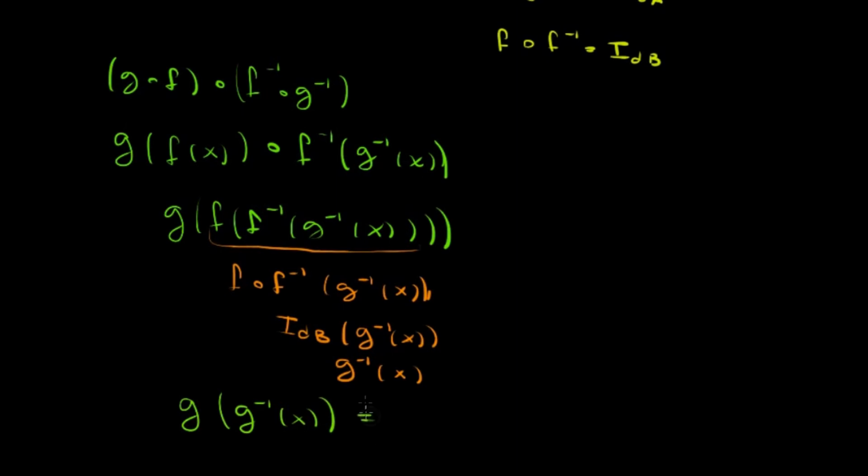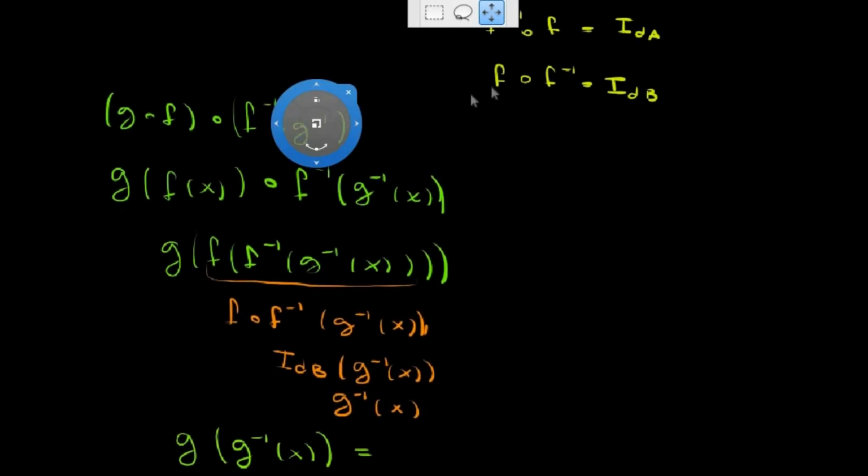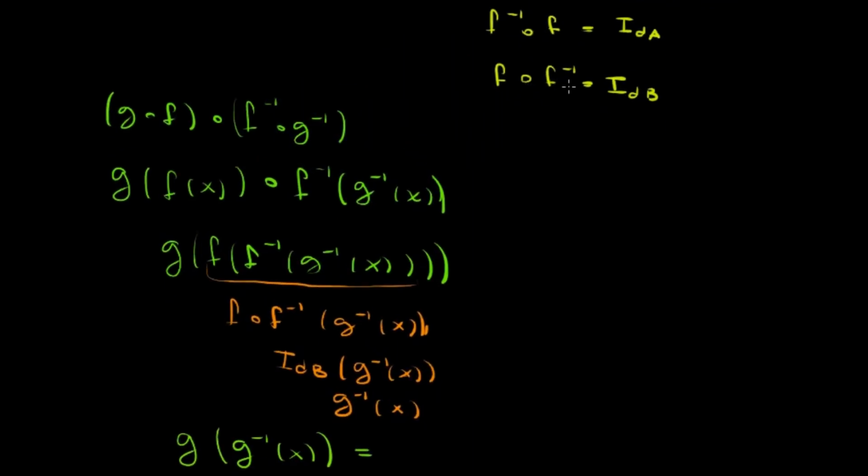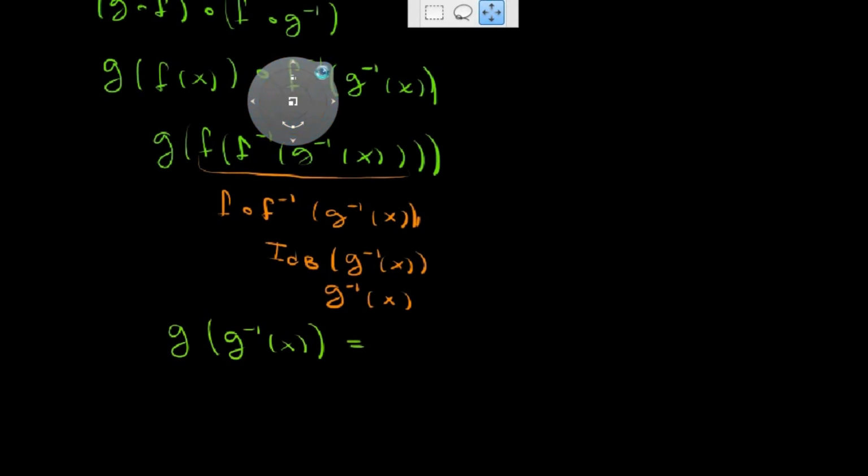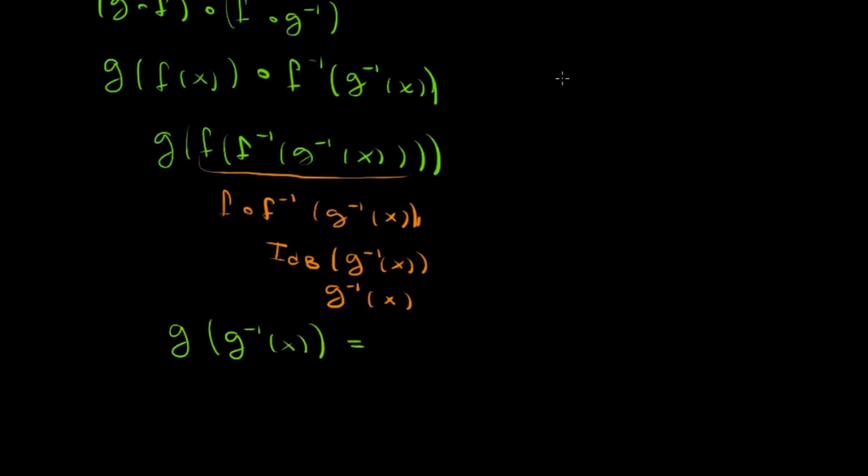And this composition, I said before, if I had F composed with its inverse, gave me the identity in the codomain. So the codomain of G is C, because G was a function from B to C. This is G composed with G inverse in X, and this is just the identity in C. Okay, now